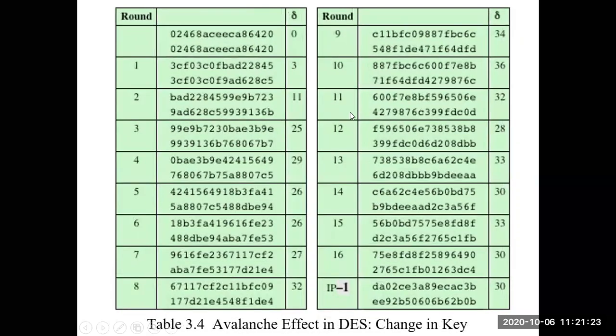In the next table, we have changed the key by 1 bit, and with a 1 bit change in key, you got approximately 30 bits change in the final ciphertext. So a single bit change can produce up to 32 bits of change, which is very encouraging in maintaining security. Anybody trying to discover the key, even 1 bit changes in the 64-bit key, everything goes wrong. Okay.